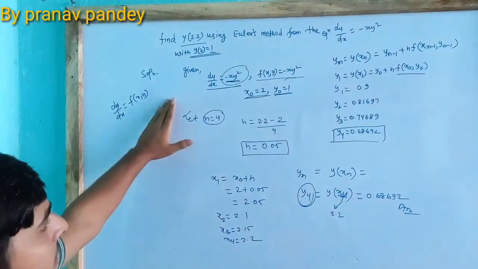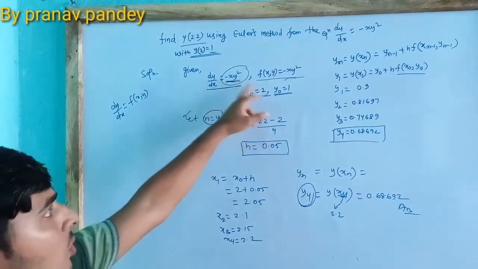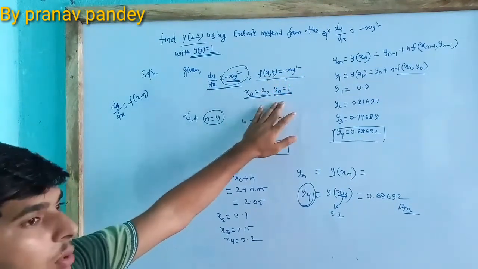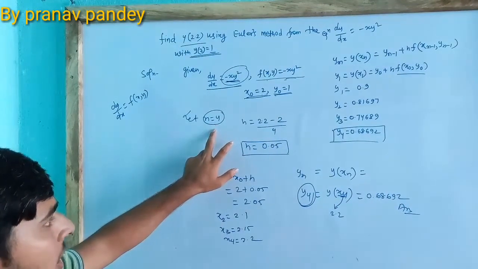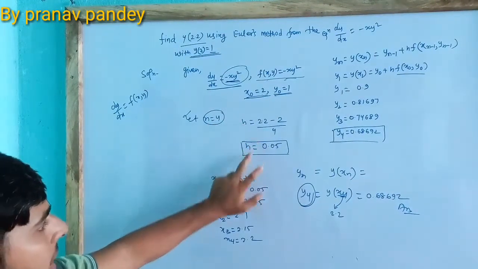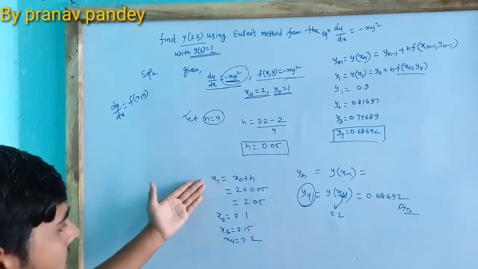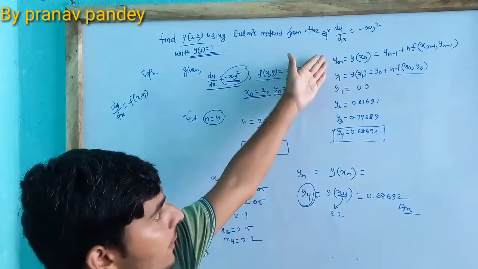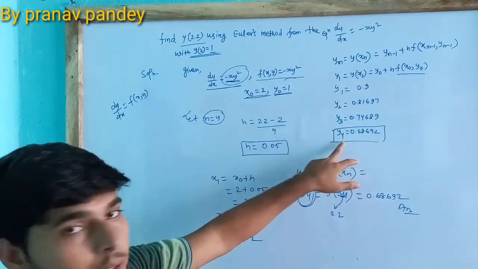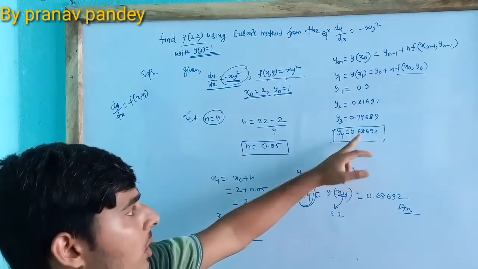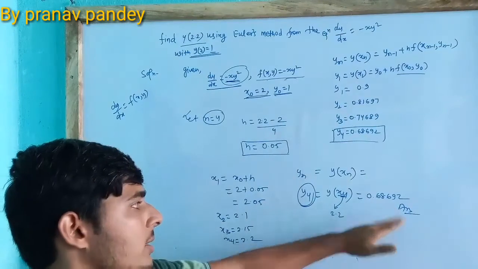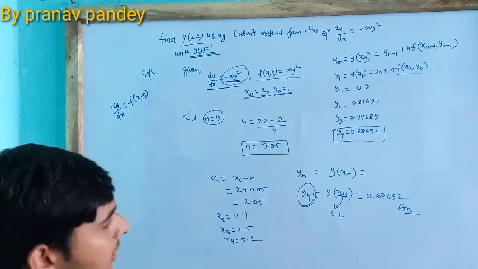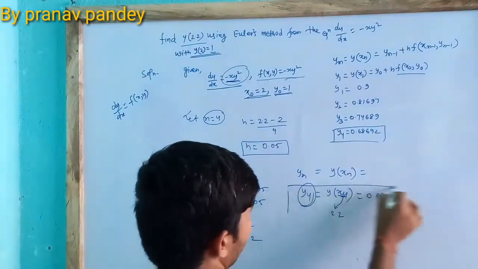Now let us revise the related steps. So step 1 was to identify the equation and get the form of f of x, y and x0, y0. Then step 2 was to consider the value of n if not given, then we will find the value of h and we get h. Then we will find the value of x1, x2, x3, x4 for n is equal to 4, and then from Euler's formula we can calculate the value of the required last term, that is y4. We get 0.68692. This is our required answer. You can check it by the calculator also. If you have a scientific calculator, then you can check the value. So this is the required value.